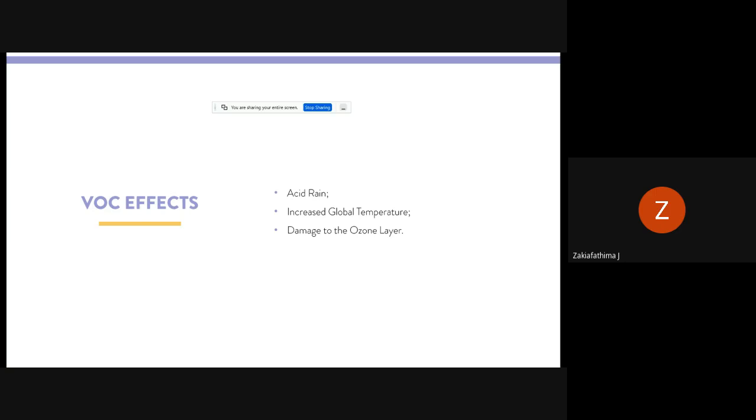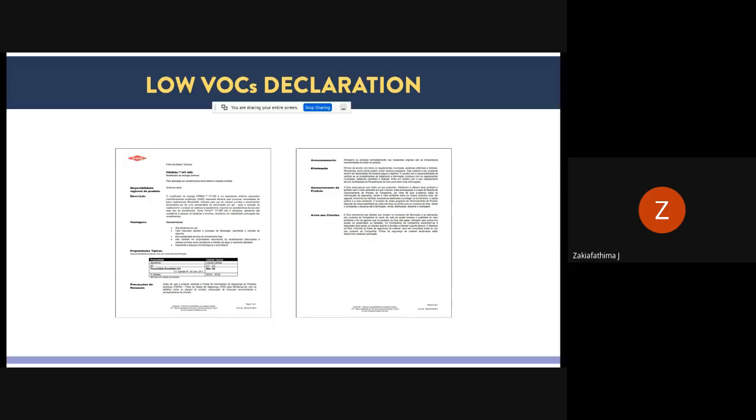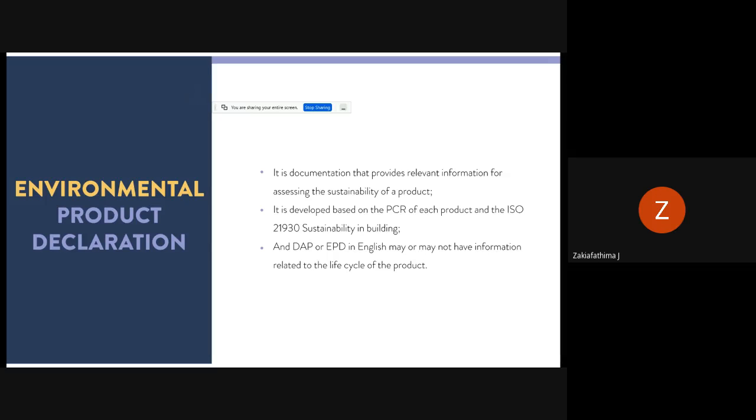Acid rains, increased global temperature and damage to the ozone layer. This is what happens due to the effect of VOC on the environment. We spoke about before the effects on your society. This is for your environment, and your declarations for your VOC. And then comes your environmental product declaration. Environmental product declaration says like,